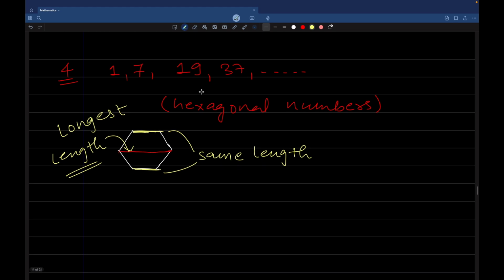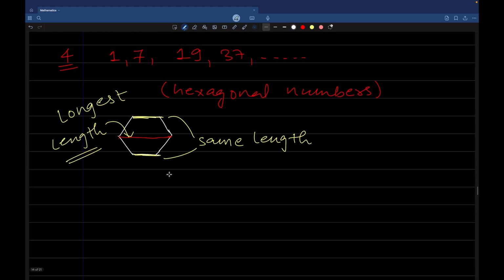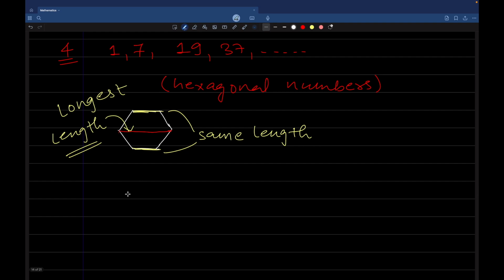Now if we try to map these numbers 1, 7, 19: 1 is a single dot, that is 1. If we plot 7, there are 3 in between, and 3 minus 1, that is 2, dots above and 2 dots below, and we will get the hexagon. If we try to visualize this,